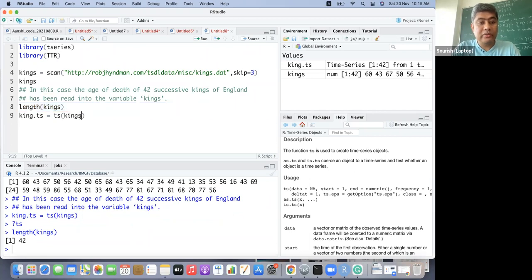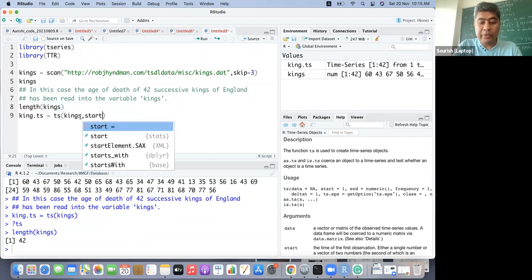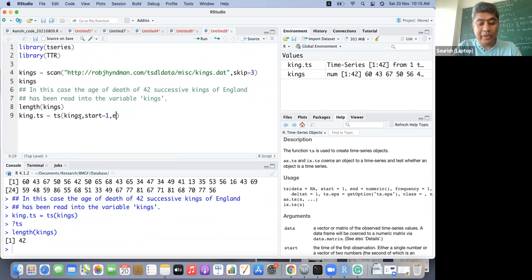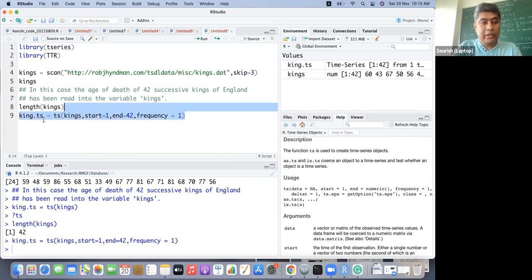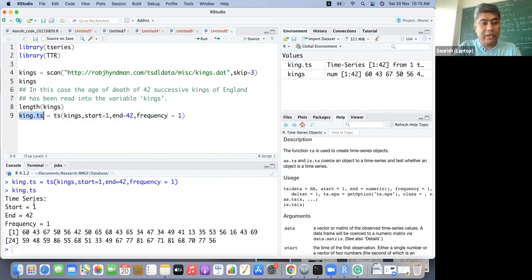So we can keep it simple: start at 1, end at 42, frequency 1. If I do it this way, you will see it's a time series object now: start at 1, end at 42, frequency 1.